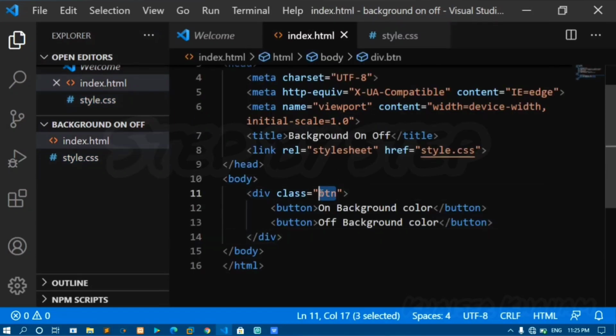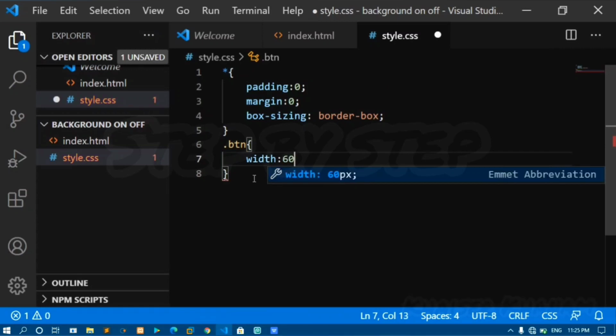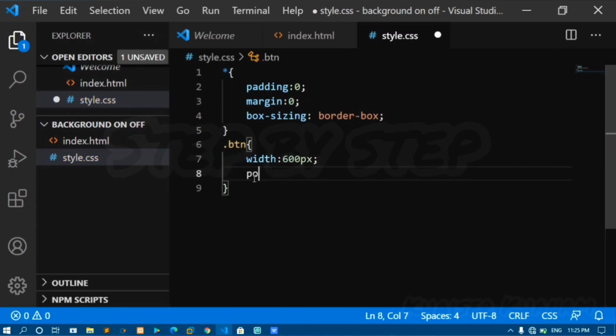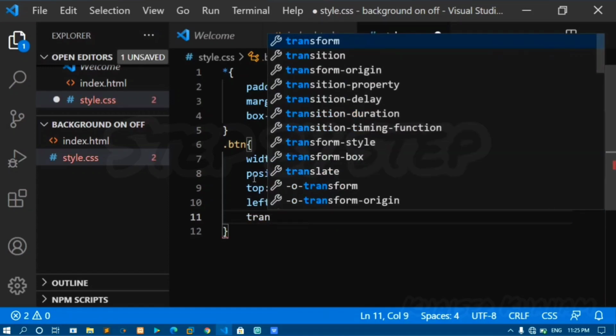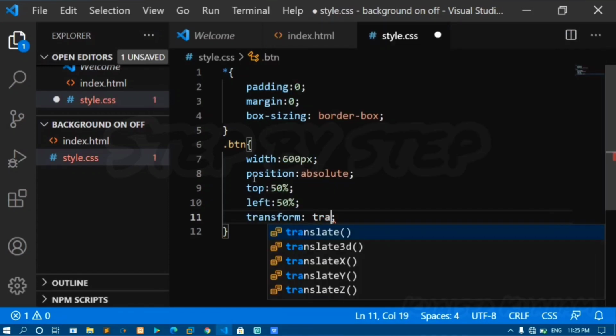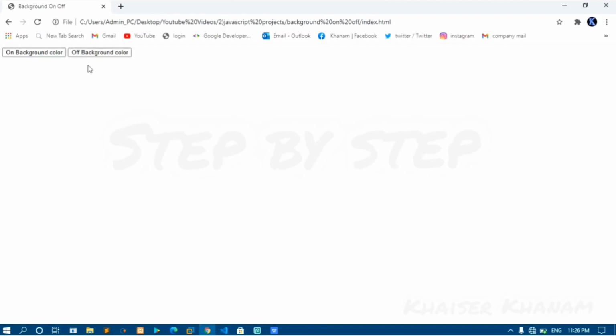I'll copy this btn class, paste it here. For my btn class, I'll give width as 600 pixel, position absolute, top 50%, left 50%. This is because I want my button class to come in the center. Transform translate minus 50%, comma, minus 50%. Save this one. Now you can see we got here